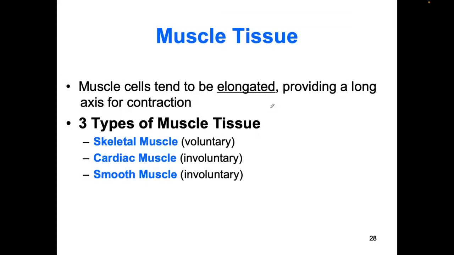Muscle, in contrast, is a lot easier to learn, and then so is the last category, which is nerve. So when we talk about muscle, most of us jump and go, "Oh, muscles, the abdominal muscles, the pectoral muscles, the biceps, the triceps, the quadriceps." Well, yeah, I kind of think that too. But those type of muscles are referred to as skeletal muscle.